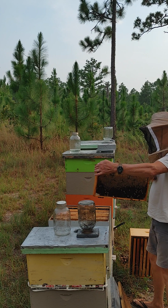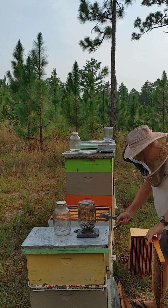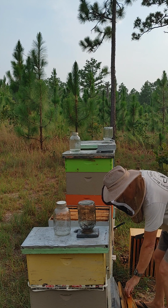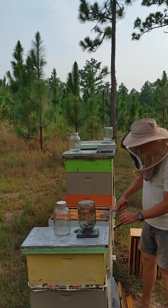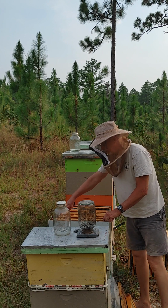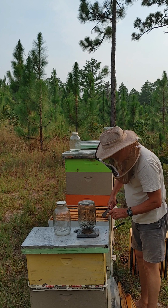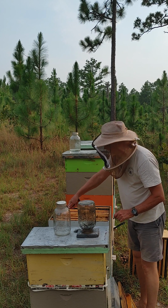But even at the bottom, you can see capped honey here, and then you see uncapped. This whole frame on the outside of the box is a honey frame. It's usually a honey frame or two, then a frame of pollen, and then the brood chamber is actually in the middle of the beehive. So I'm not looking at every frame. I'm just going to move these guys over,